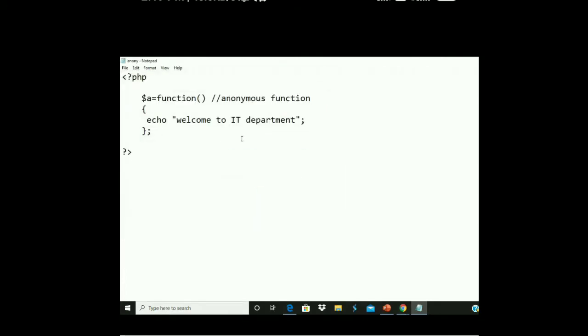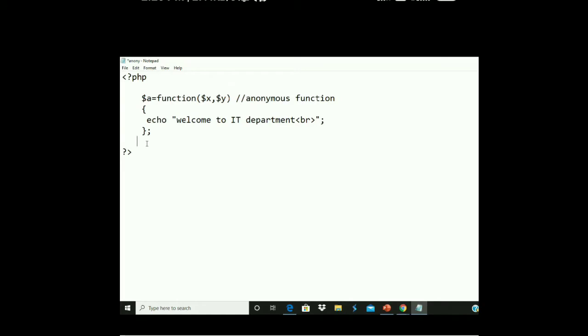Okay. Now, I will tell you how to pass an argument inside an anonymous function. Listen here. I have written a function called function here. I pass something like this: not $A, I should pass some other variables, $X, comma, $Y. Now, I should get two pieces of information. One is welcome to IT department, and I should get the summation of this, meaning the sum of the answer here.